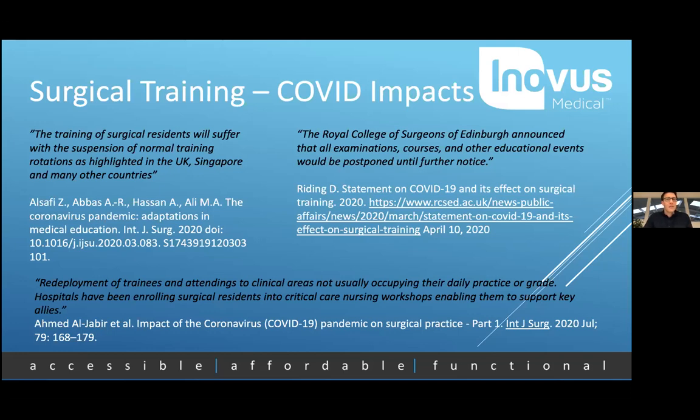And the second element that we're seeing as a result of COVID is the extremely important out-of-theatre training, so our structured courses and simulation centres, and the fact that COVID-19 is really impacting on this as well. We can see here from the top right, and the second excerpt, that the literature is showing us that courses and educational events are being postponed until further notice. That's primarily here in the UK, but again, as I say, I'm sure elsewhere. And anecdotally, we're hearing from our customers that when our training centres and sim centres do reopen, that will be with major restrictions, limiting the number of people that are able to train at one time.